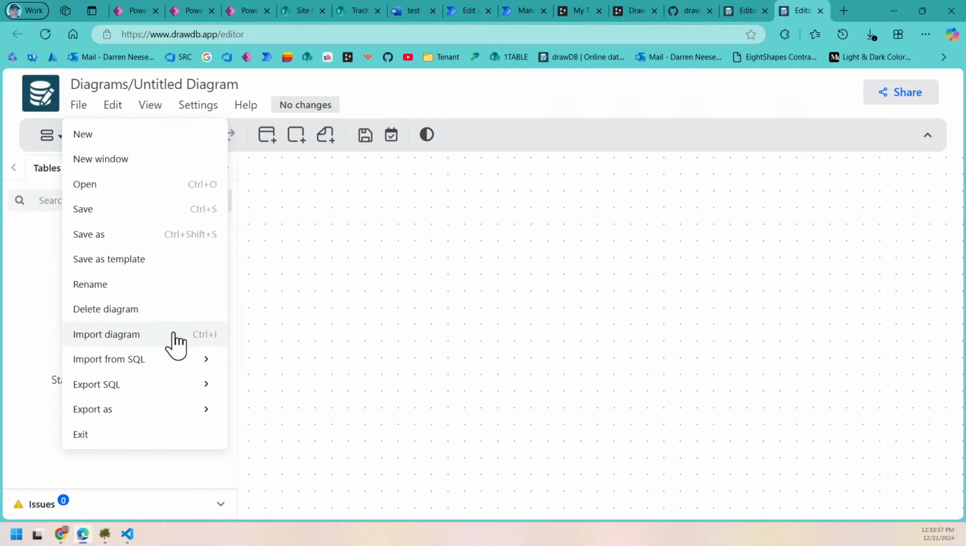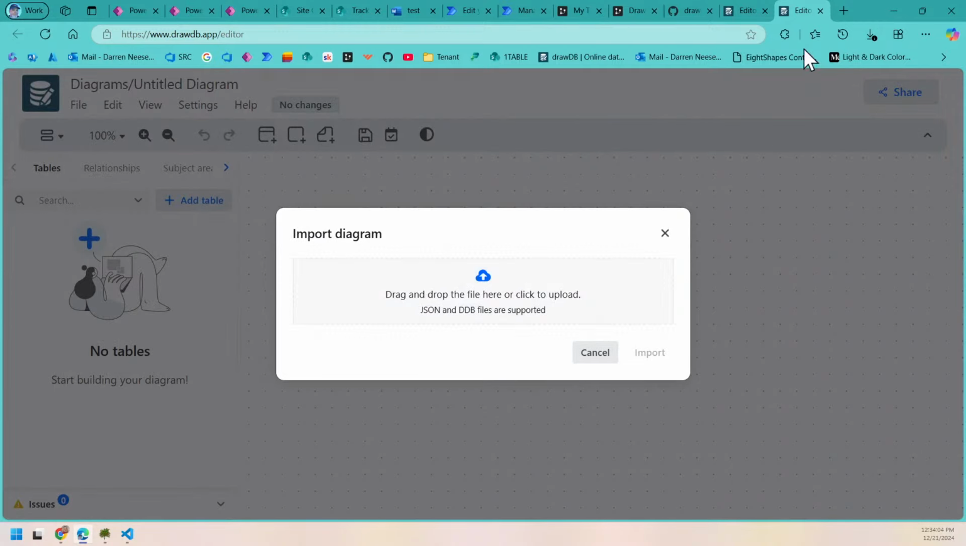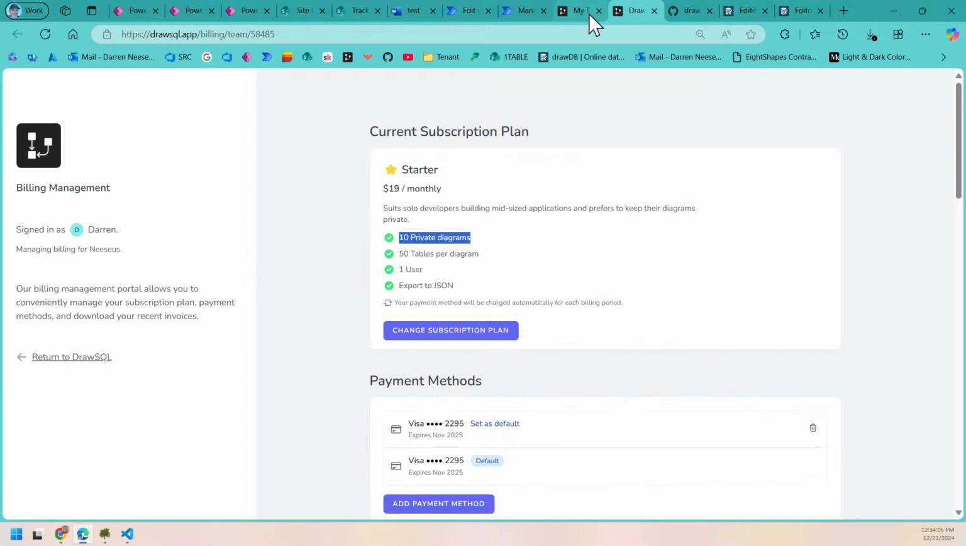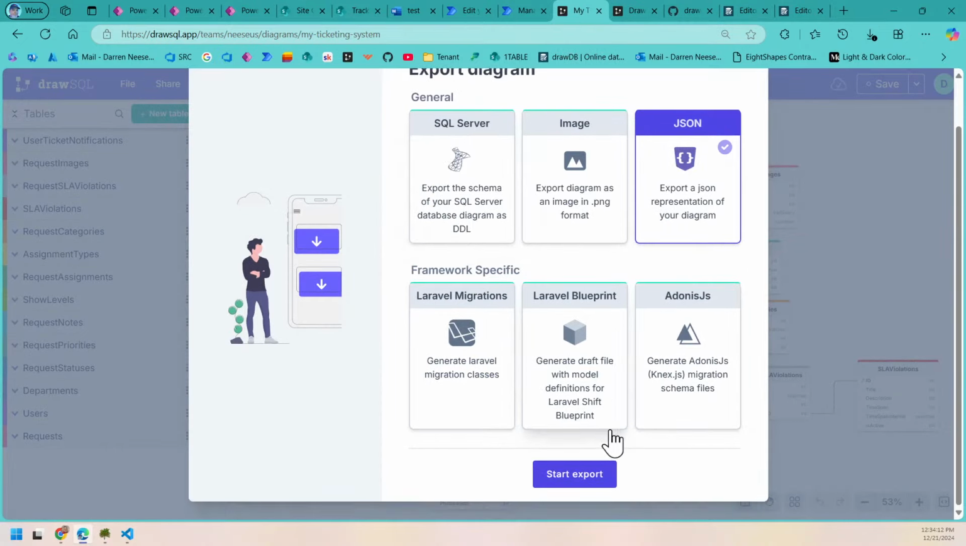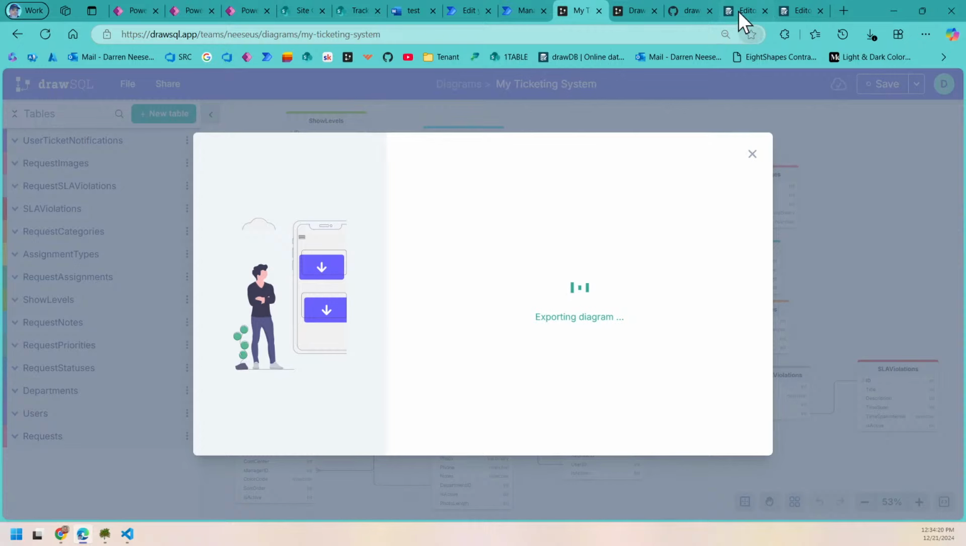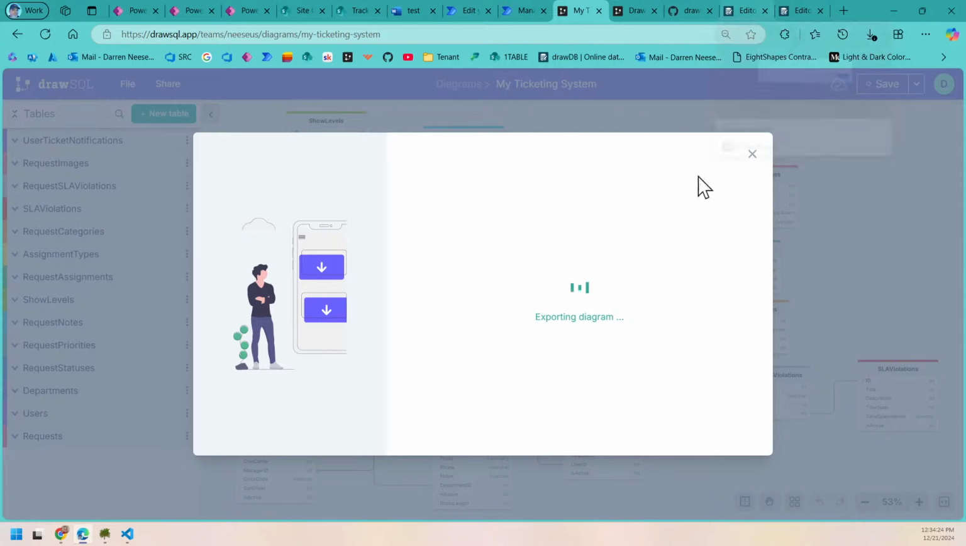Import a diagram. JSON are supported. So this is fantastic. I'm going to click on. Now, we could have exported as SQL Server, but you know what I'd like to do is actually use other types than just SQL Server, like we can over here. So this new open source, not only is it better, you don't have to pay for it,